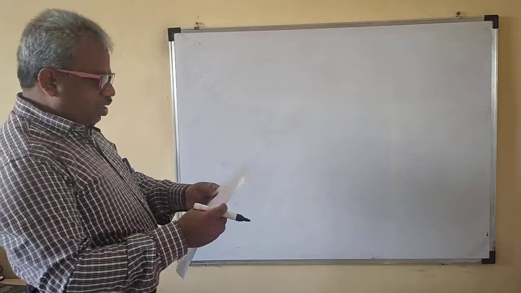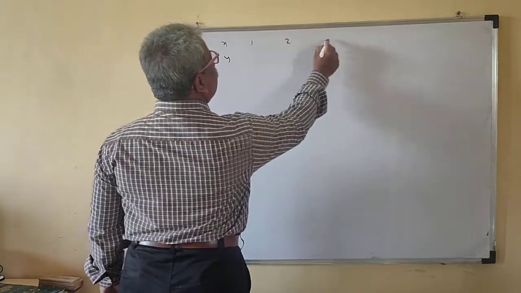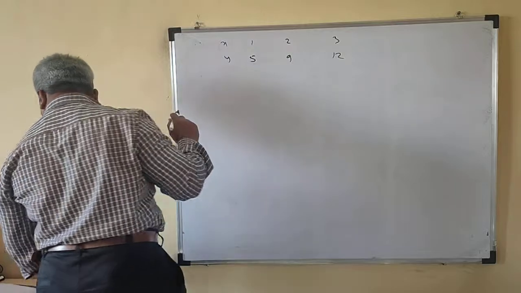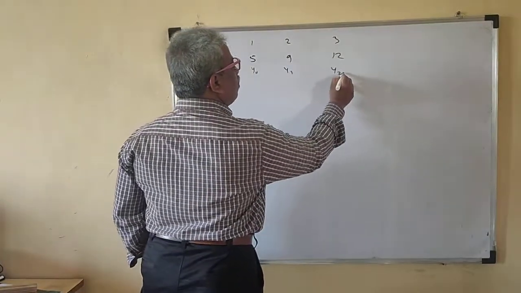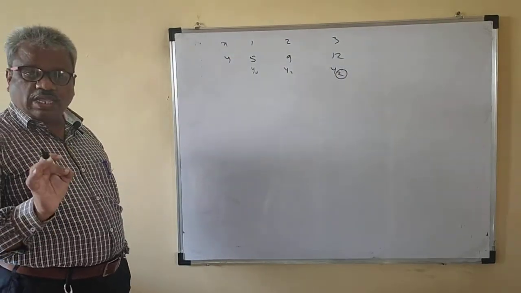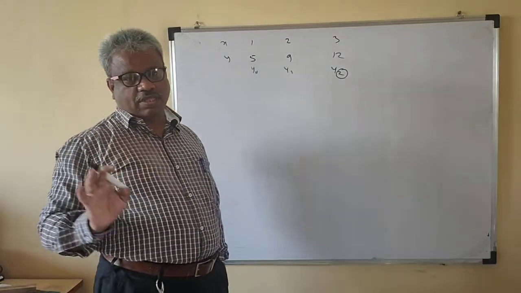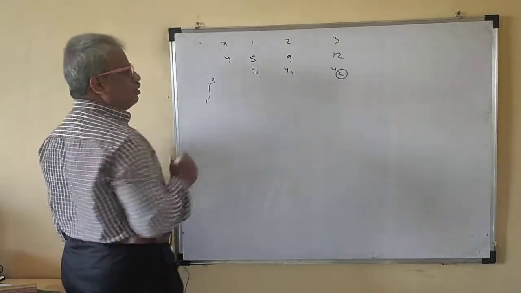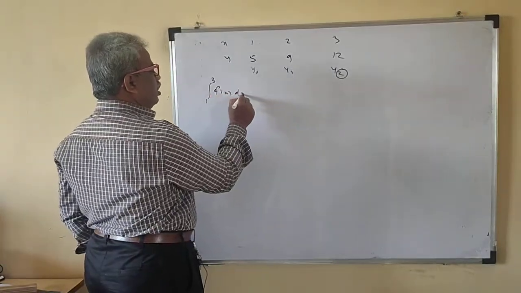Okay. So we'll take a small problem. There will be small problems. Suppose x, y: 1, 2, 3. Suppose the values will be 1, 5, 9, 12. Now this is your y naught, this is your y1, this is y2. So y2 is even. So that means only the trapezoidal rule is applicable and Simpson's one-third rule is not applicable. So if you want to solve this integration from 1 to 3, by trapezoidal rule, then your formula is what?